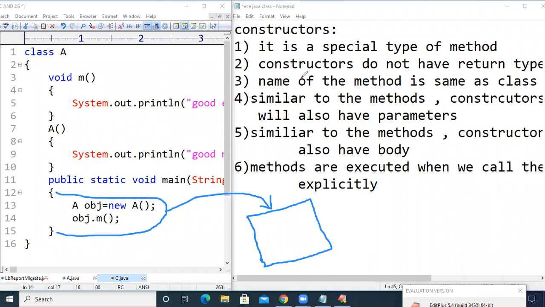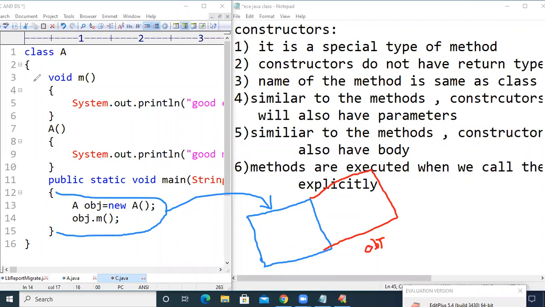So the first statement inside the body is a space obj equal to new a. Whenever the compiler sees the new keyword, it again reserves a memory under the name of obj, because the object name is obj, and it will keep the non-static methods and non-static variables of a class.